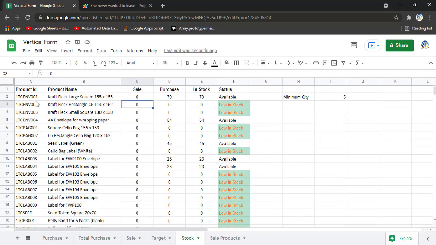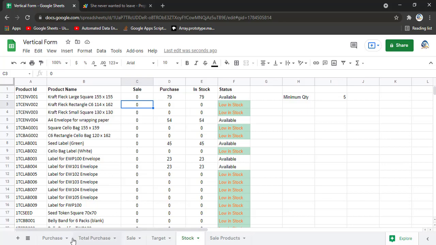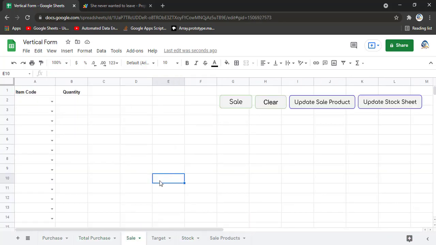If you check here, there are 79 products of this, 54 products of this, 45, 23, 23. All these products you have purchased, and we have entered them there. Okay, this is the purchase. Now let's go to the sale. That was the most complicated and sophisticated sheet, because it took a longer time, and because of the complexity of the data,